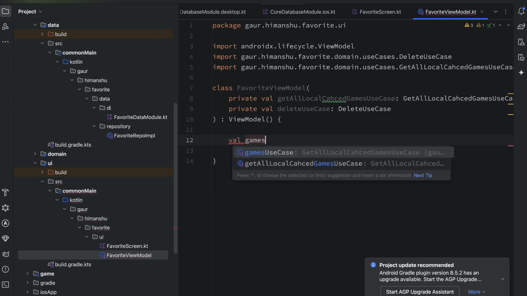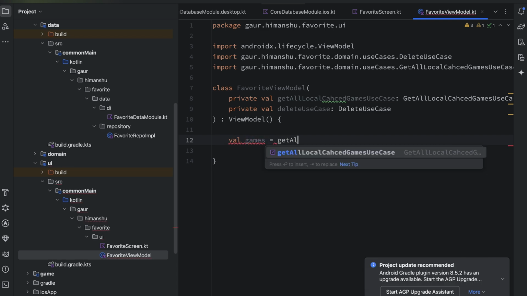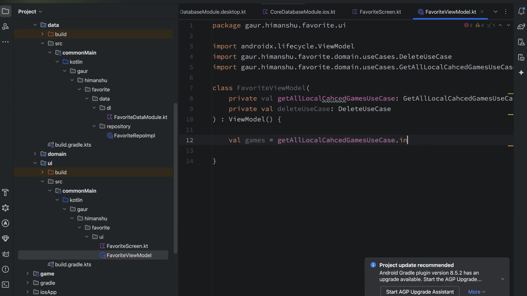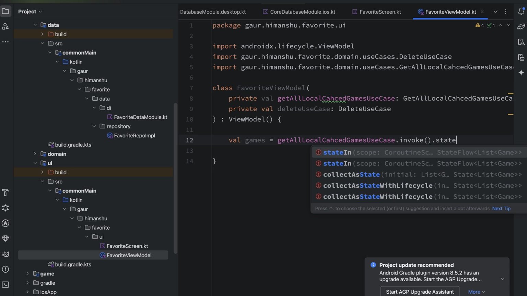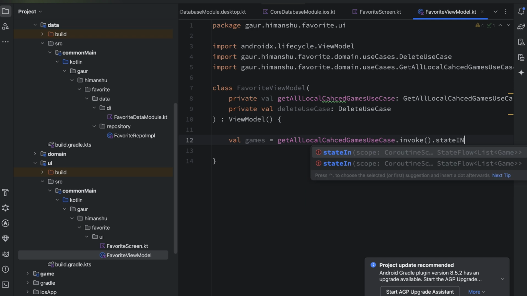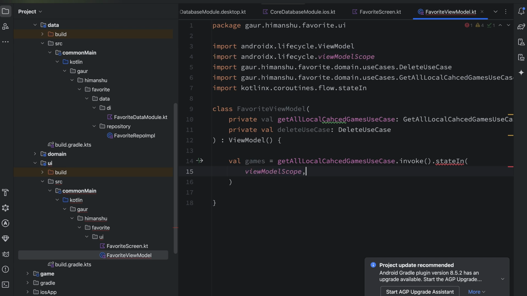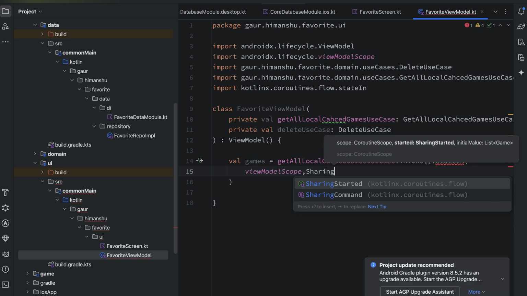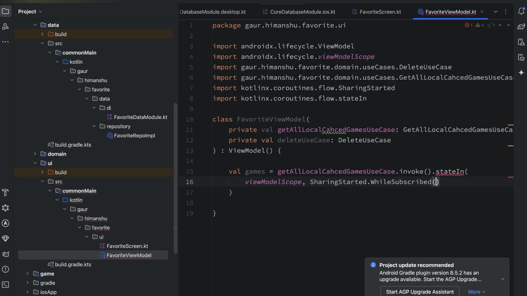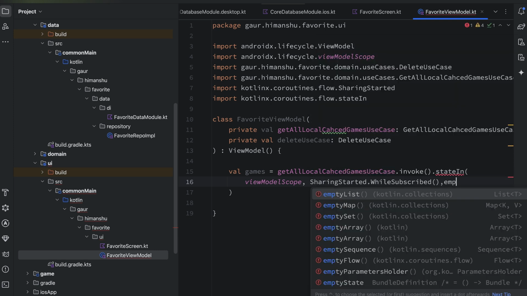In this view model, we have a variable named games, and I'm using the get all local cached game use case here, invoking it, so this will return me a flow, and I want to observe this in the form of state. So for that, I will convert this flow into a state flow. So we'll use stateIn, and in this stateIn we need to pass our viewModelScope. Next, the started. So for started, I'm using SharingStarted.WhileSubscribed, and lastly the initial value, which is an empty